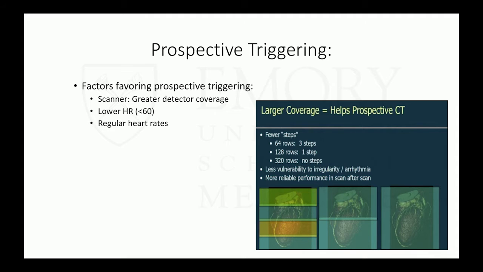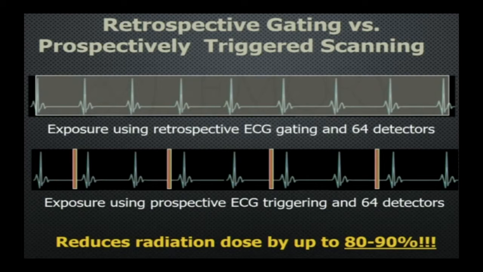Arrhythmia and AFib can be much more challenging for prospective triggering as opposed to retrospective gating. And again, just to highlight that point, radiation dose can be significantly reduced, 80 to 90% in that type of